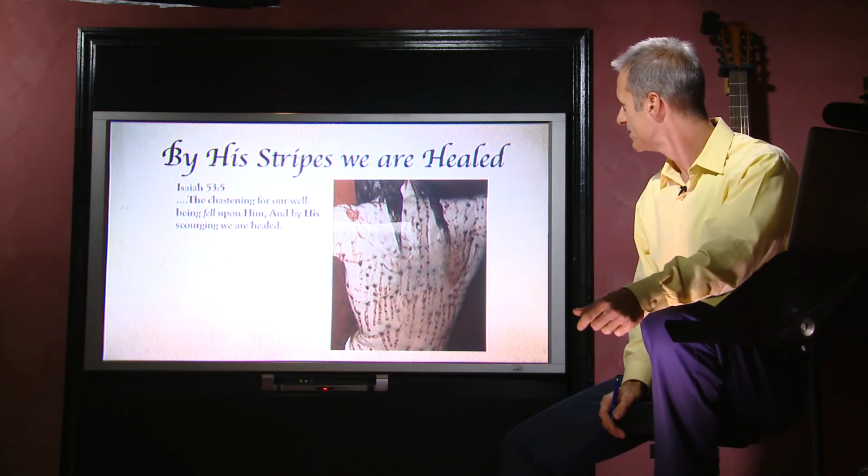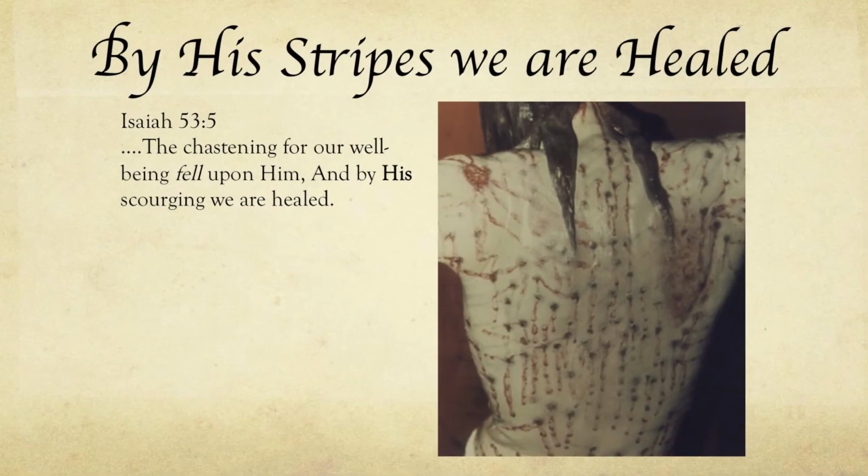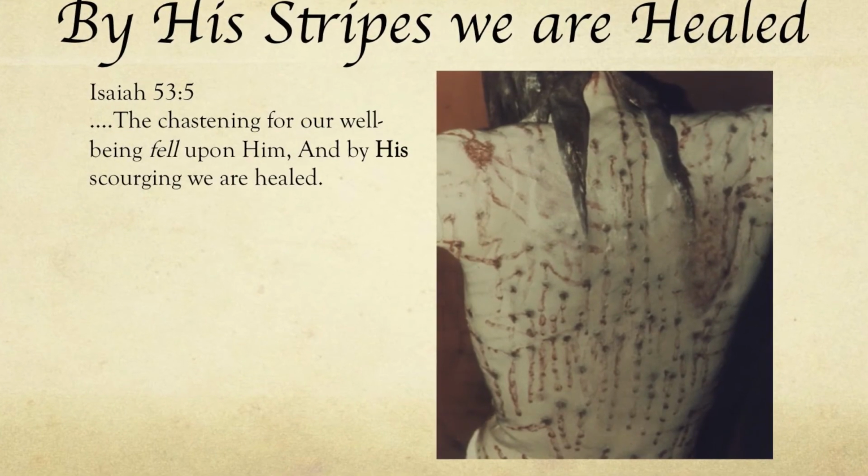And this is what his back looked like. It's hard to look at. You see on his shoulder, probably from carrying the wooden cross,